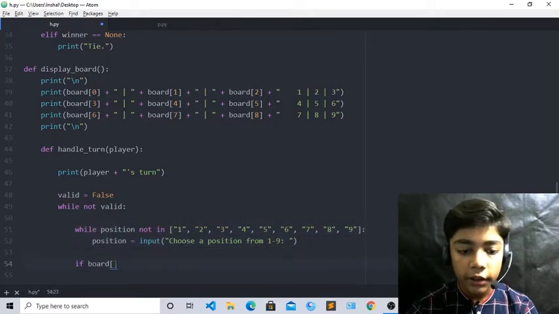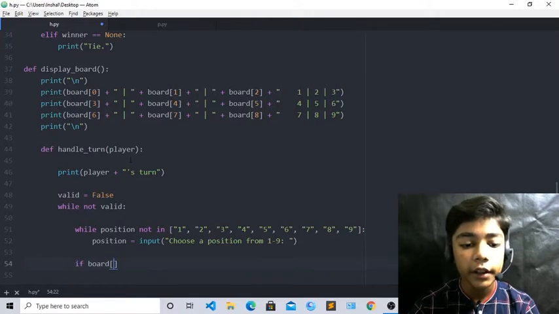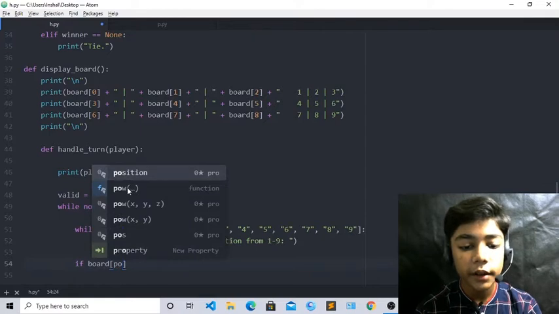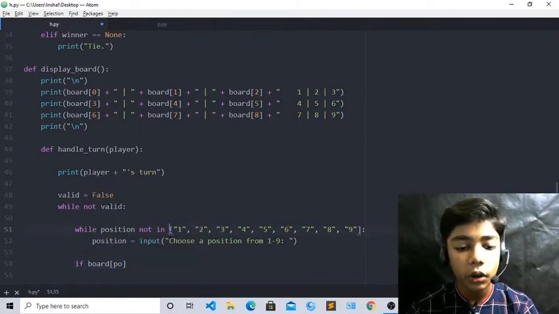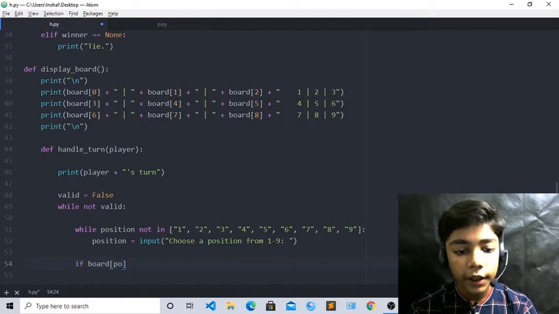So in this we have to define our square tag. Now when you have done that, just in this square tag we have to write position, because we are defining position here. Like I have told you, we have to define all these things in this tag, in this square, but we just write position here because in position all these things are already coming, because in all these we are defining position. You can see this: while position not in, position equal input. So I hope you understand.